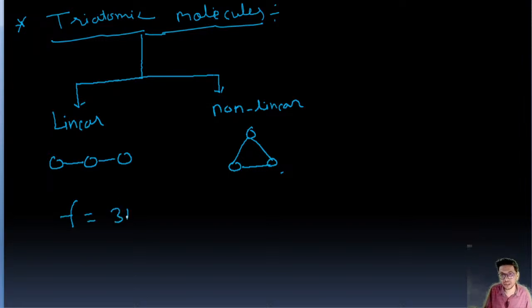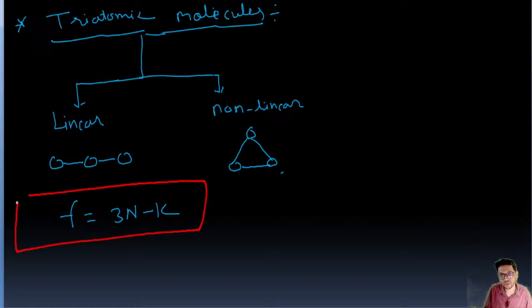This is 3n minus k. So degree of freedom F equals, very important formula, you need to note down, F equal to 3n minus k, where n is the number of atoms. In the triatomic case, the number of atoms is 3, and k is the number of